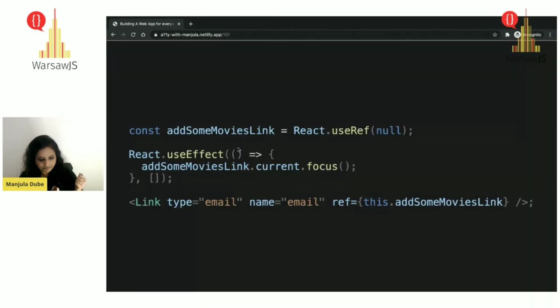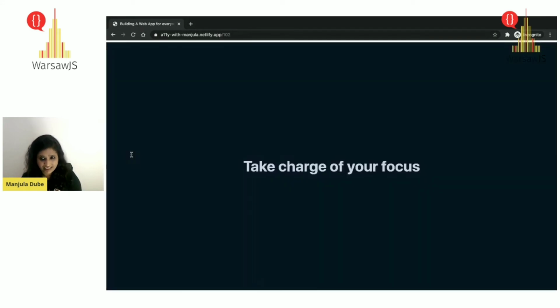How would you do that? Quickly, in the component, wherever on the page you are, you'll make sure that the focus is on that page. And this could happen just by writing it in your useEffect. So always make sure that on any page, you provide a focus by default when you load that page to the main section of your page. This could be a heading, or some main section that you're trying to show on that page. So very important. Take charge of your focus.